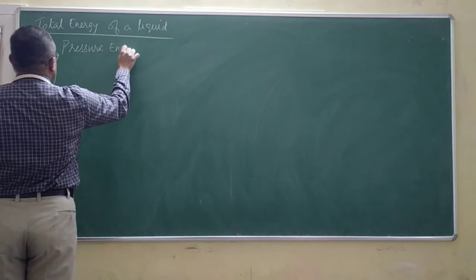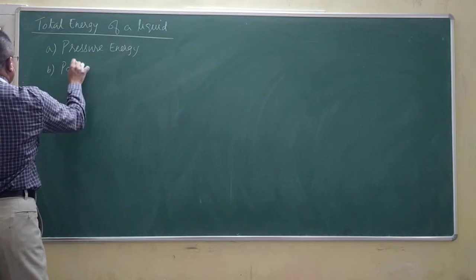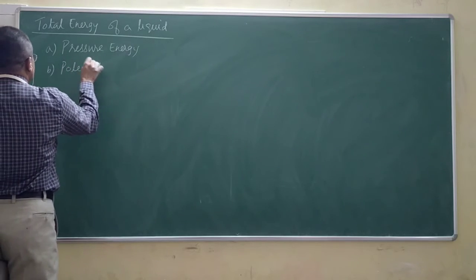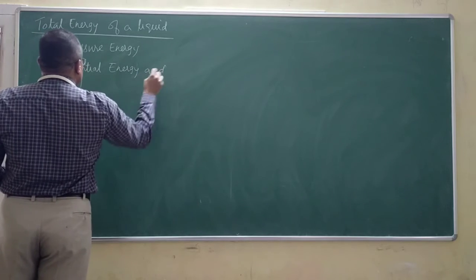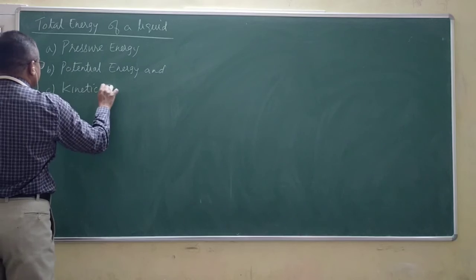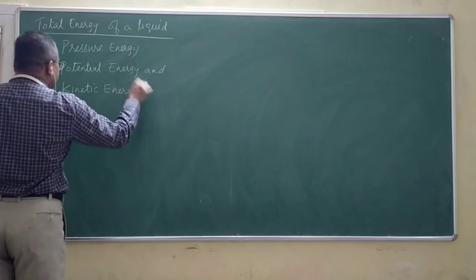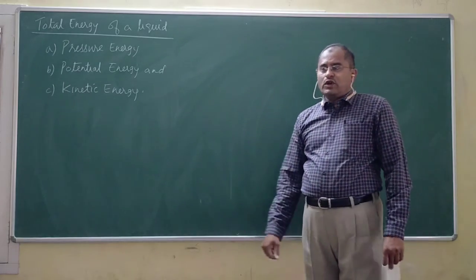Then B, potential energy. And C is kinetic energy. The sum of these three energies, we call it as